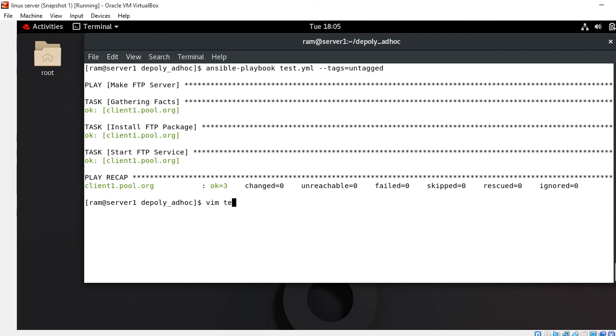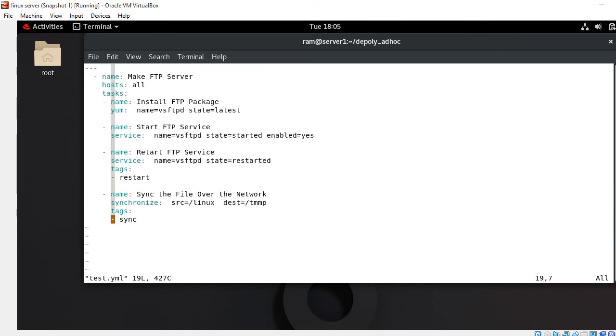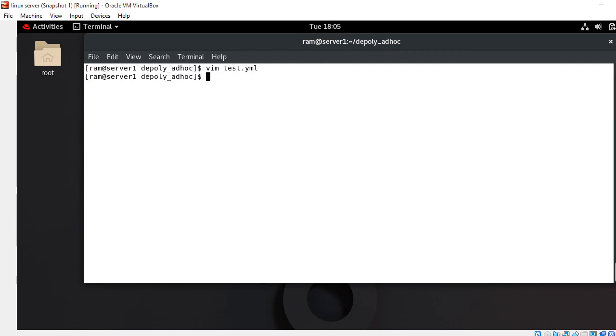So I open my playbook one more time for the always tag, and here I replace sync with always. Okay, now I run the playbook again, mentioning only the restart tag.